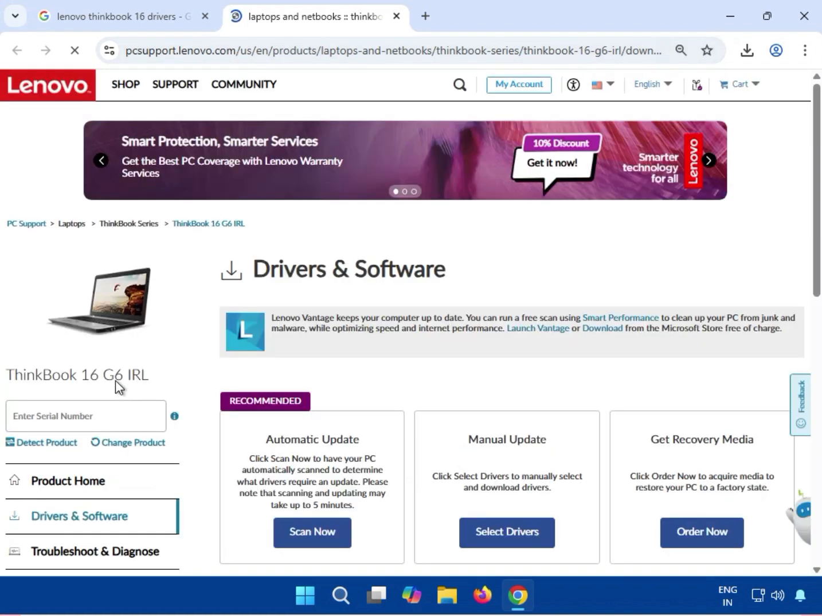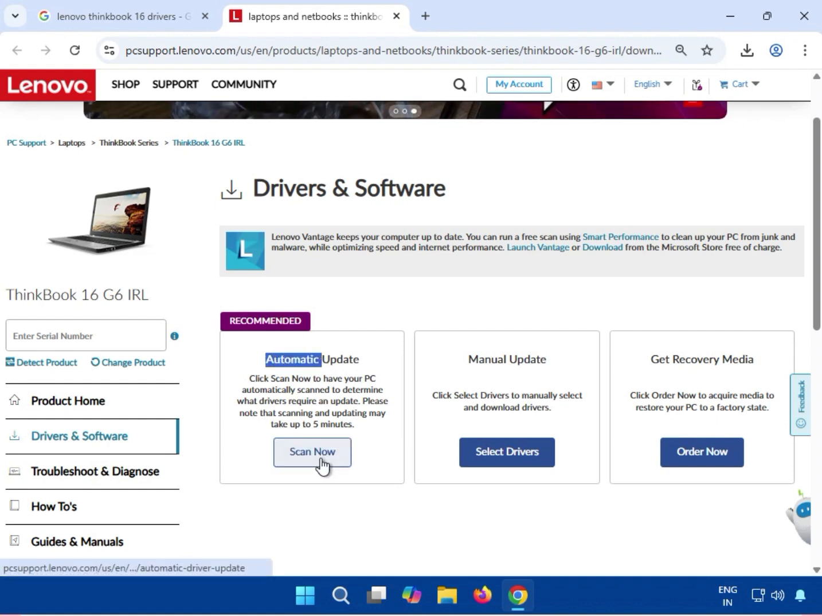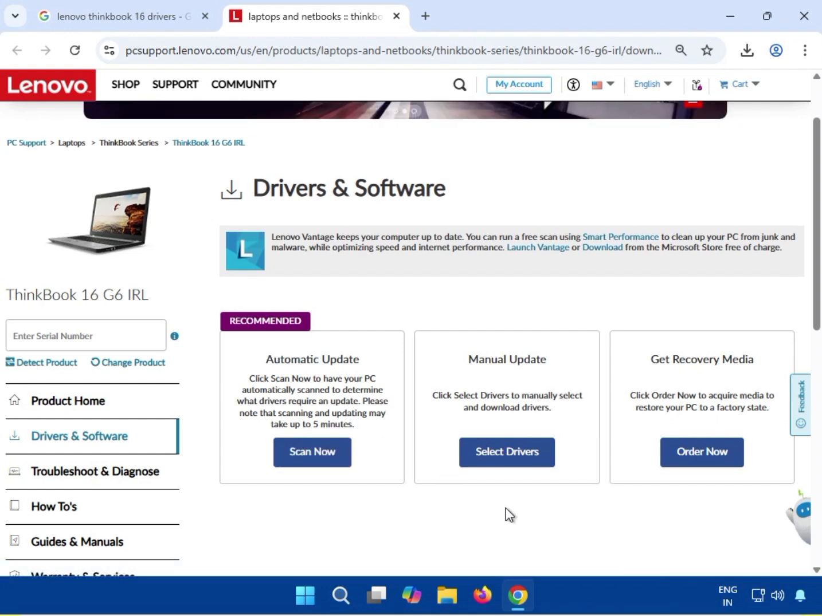Okay, if you know your serial number, you can enter the serial number, then hit enter, and it will automatically show your model number. The first method, if you do a scan now, it automatically detects your required driver and then you can install it. And if you have to install the drivers manually, one by one separately,